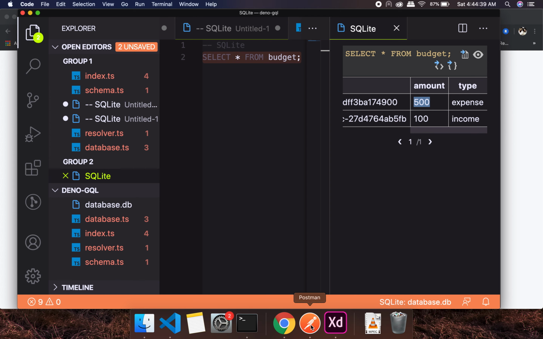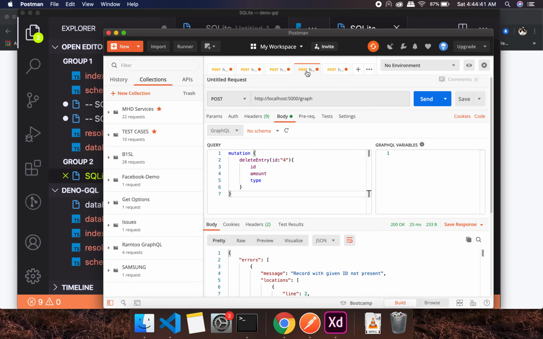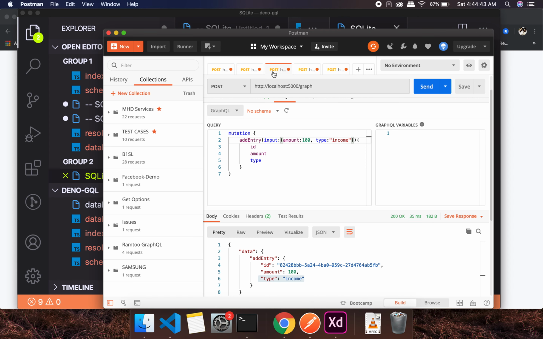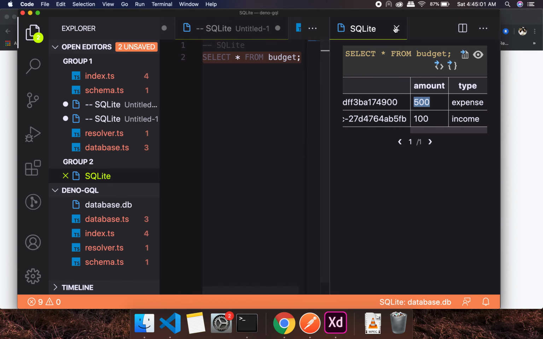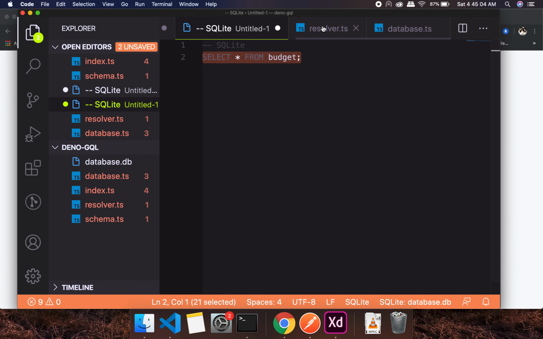If I keep adding into it, so let's say if we added, where is that? Okay, if we added $1,000 as an income, in that case it should give us a new total, which should be around 600. Yep, there it is. So second function is created for getting the total, and now the third one will be